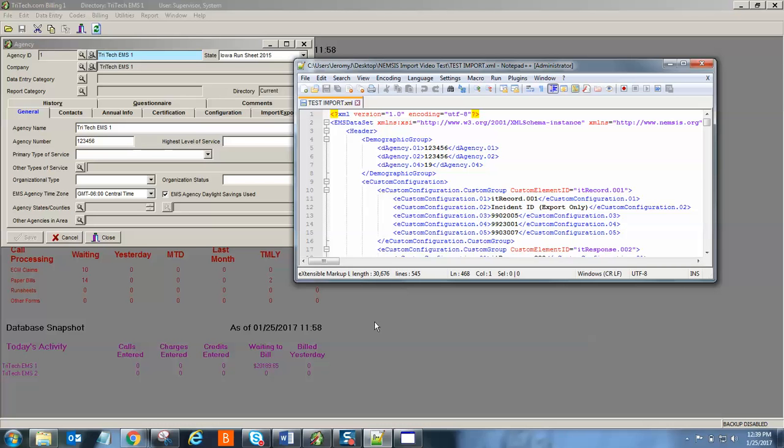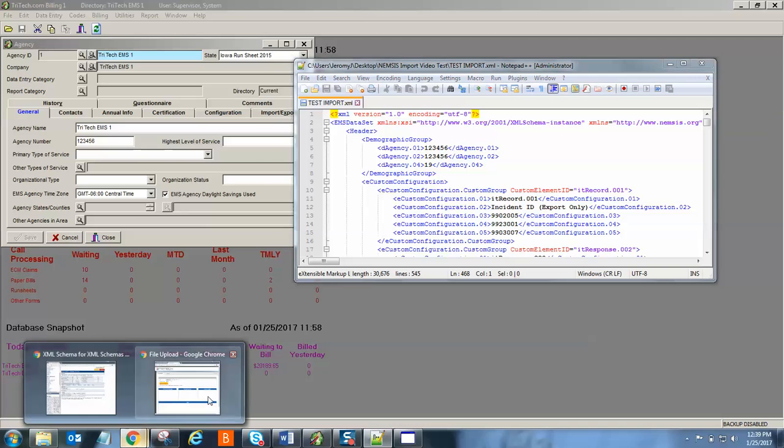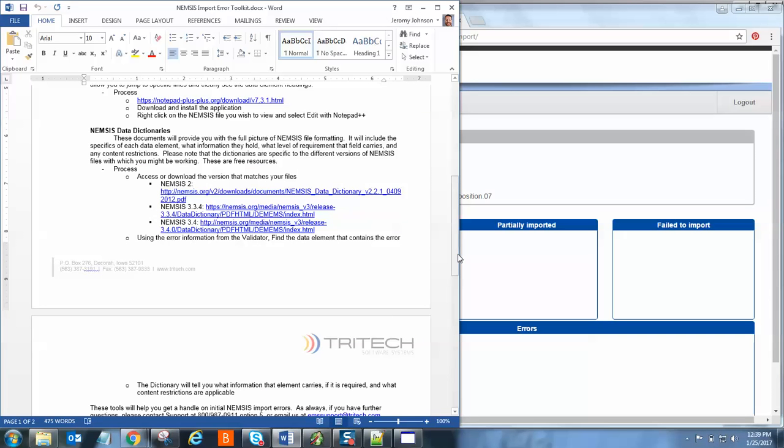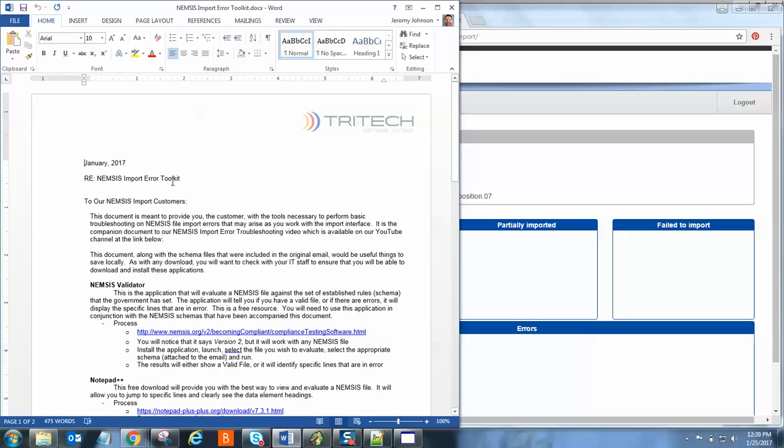So if you want to be able to do this kind of troubleshooting when you have your imports post an error in this area, all you have to do is reach out to us here in support. We'll be more than happy to help you. You can give us a call or send us an email, and what we're going to reply with is a set of tools. We're going to send you a document called the NEMSIS Import Error